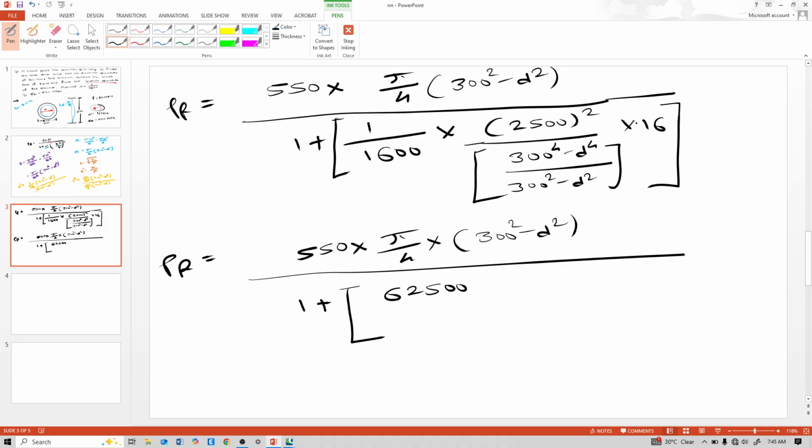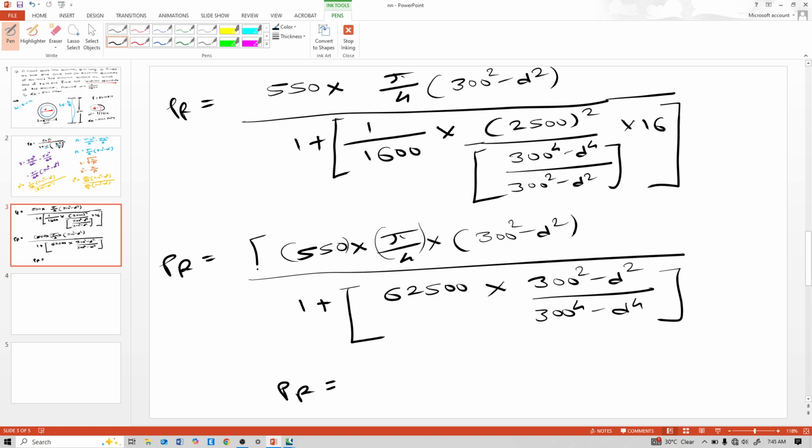and this denominator term multiply it to that, so into 300 square minus small d square divided by 300 raised to 4 minus small d raised to 4. So now calculate this with the help of engineering calci. So first put bracket to all these terms. Now 550 into pi by 4 into